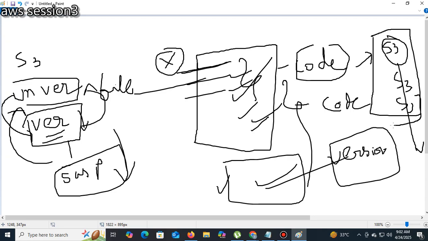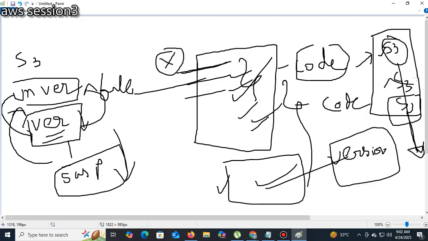They will execute the code from the S3 bucket. So here the new version is executed. The clients are dissatisfied, saying the new version or new updated features are not good. The old one is good. If you don't have versioning, we need to have multiple copies of the files.